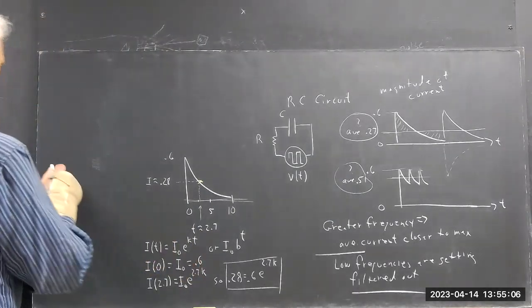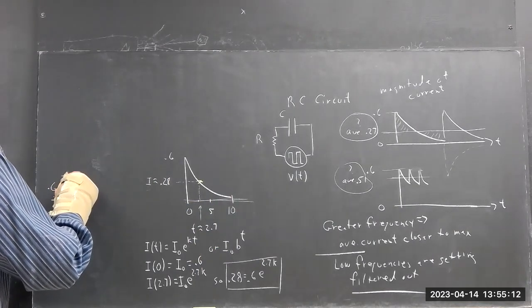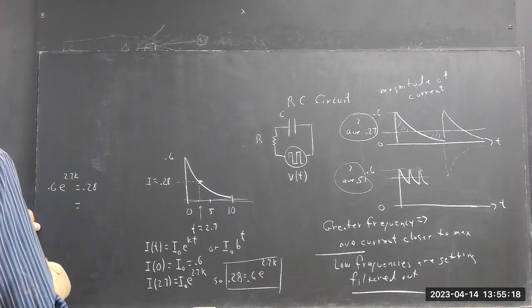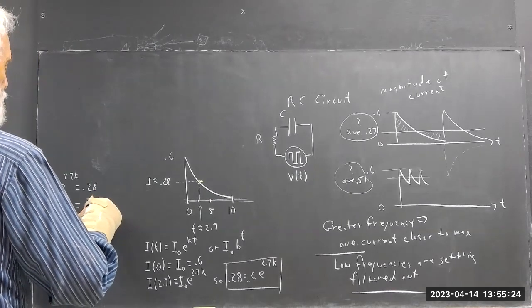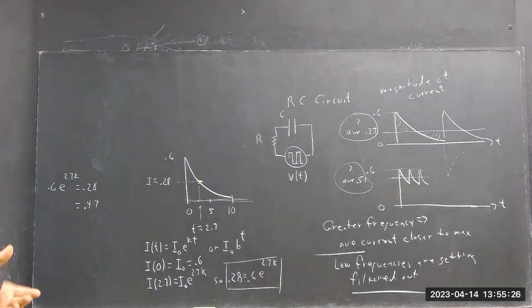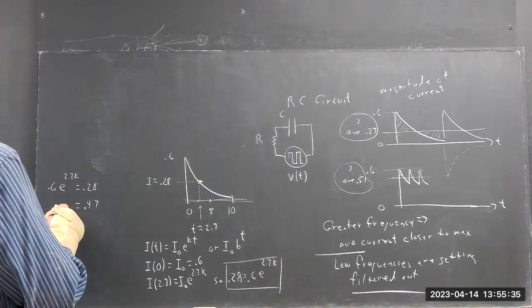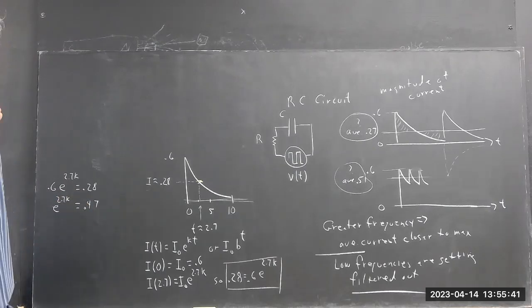Okay, so we have the equation 0.6 e to the 2.7k equals 0.28. So 0.28 divided by 0.6 is 0.47. 4, 6 repeating. It's 4 2/3. 6 goes into 28 4 2/3 times. And that's e to the 2.7k. Okay. So, if we do the natural log of both sides, which is the efficient